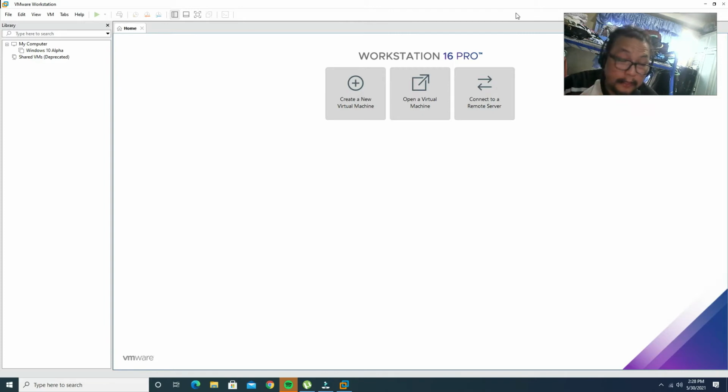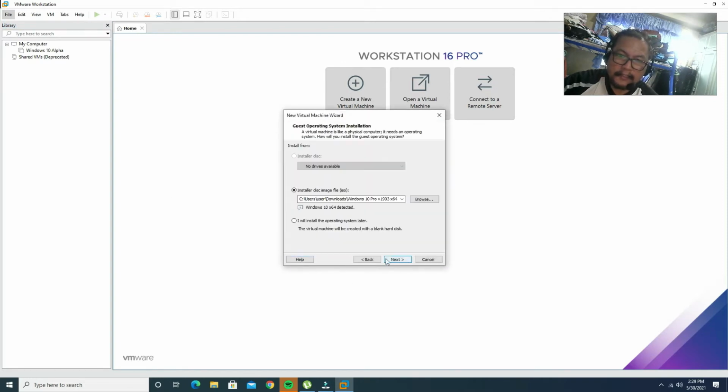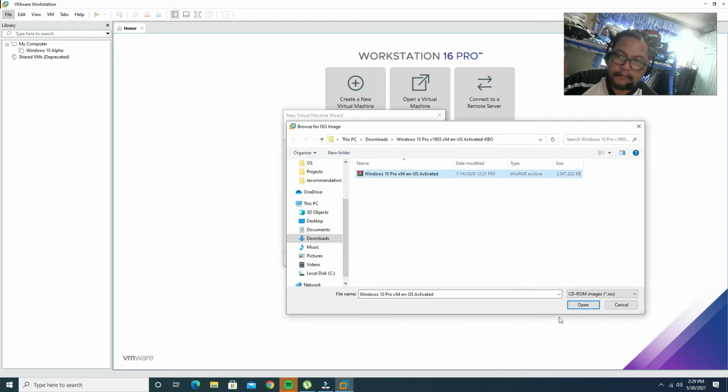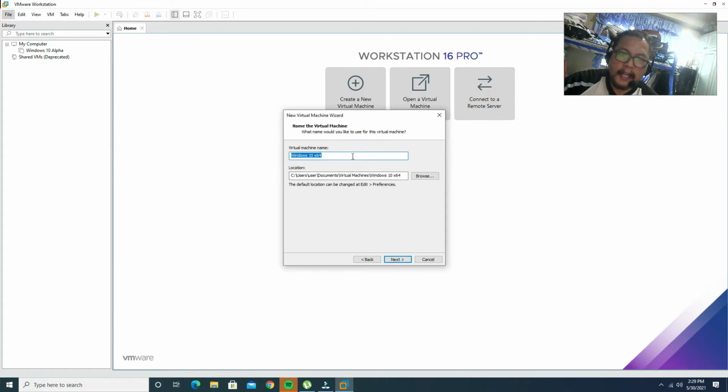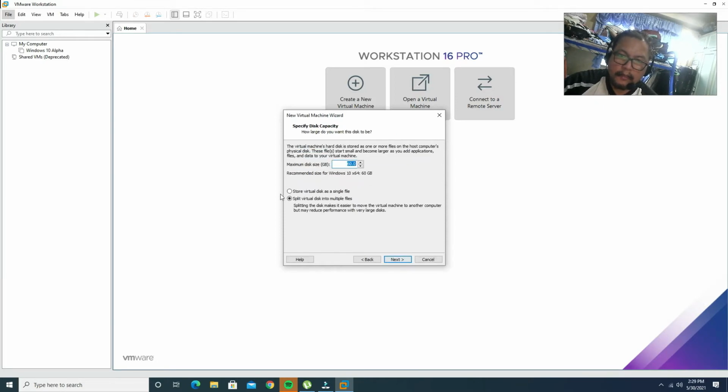Now class, what we will do is install the Windows 10 operating system in this VMware Workstation. So we will go to File, New Virtual Machine, Next. So here class, install this image. It should be ISO class. It should be ISO, compressed file ISO. So next is this one. Open. Next. So here class, I will make it beta. Next. So here,